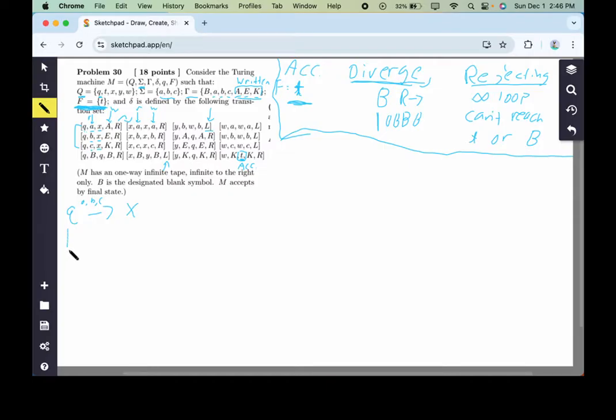So I'll draw out my tape. I can do an A, or a B, or a C. Keep in mind, I'm writing something different. Capital A for lowercase a, capital E for lowercase b, capital K for lowercase c. This is going to come back because when we go to the left, we're going to see